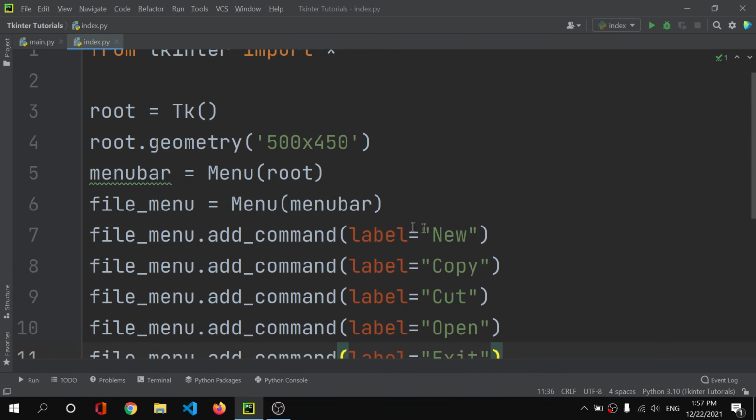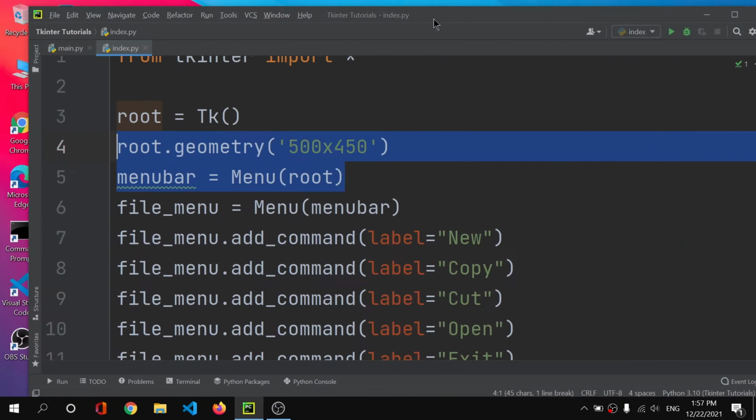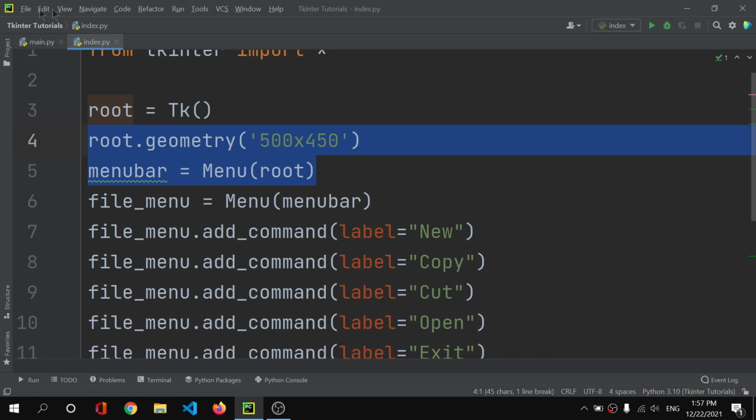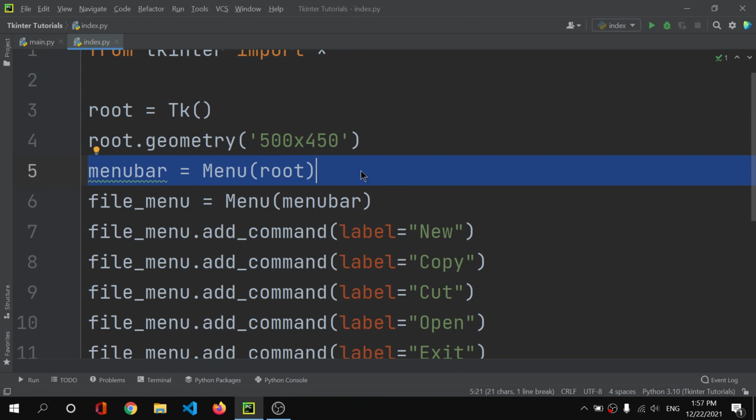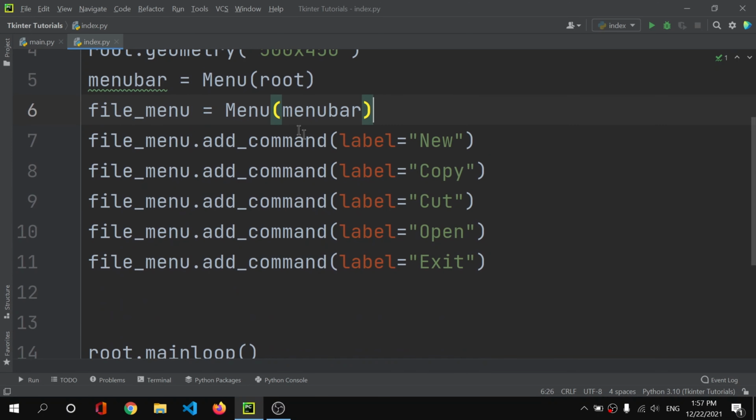Just remember that we have this menu bar as a parent menu. That means this whole menu that we are seeing here is due to this menu bar, due to this line number 5. Then we have each menu like file, edit, view, navigate, which are separate menus. That's why we have this file menu, which I again render inside of this menu bar. I place this file menu in this menu bar, and then we can add commands like new, cut, copy, and as many commands as we want. But now we have the menu.